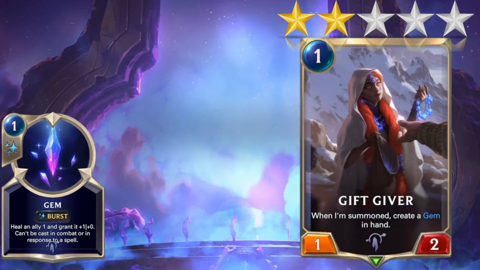I feel like if her stat line was a little bit reversed, like she was a 2/1, I'd like her a little bit more. Maybe even give her 3 stars. I bounce back and forth on giving her 2 or 3 stars, but I think 2 stars is what I'm comfortable giving her because it's just not that impressive in my opinion. Whenever I see a Gift Giver, I'm like, okay, they got a gem, whatever. Next up though,